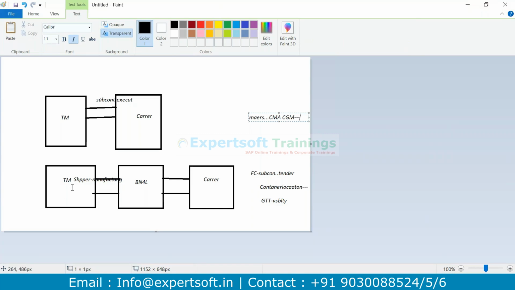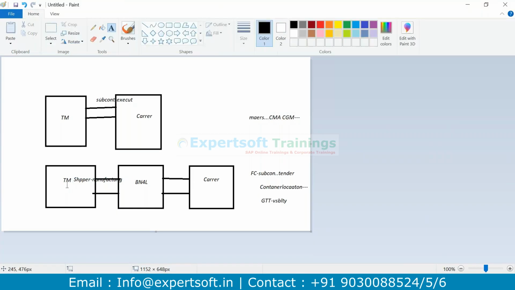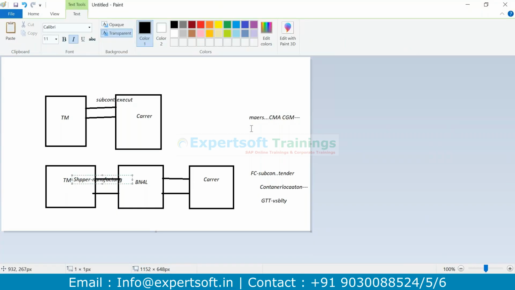Just as an example, Nissan car manufacturing is doing a shipment to India or UK, USA. In this case, CMA CGM is doing a shipment via container. So Nissan will ask P44 to report the events